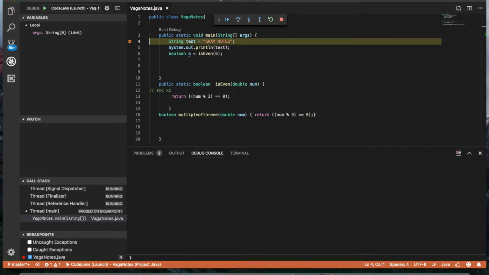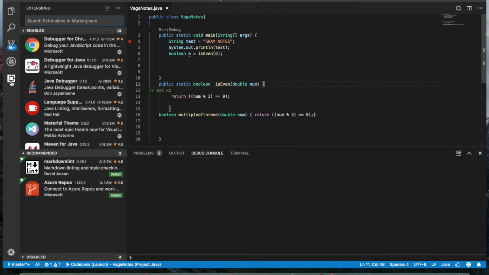So generally speaking, Visual Studio has a lot of debugging support inbuilt and you don't need extensions for things like JavaScript or Node.js, but for a lot of other things like Java, you do need the extension. In the Java installation and setup video, we needed a debugger for Java extension. There are similar extensions, so if you say Python